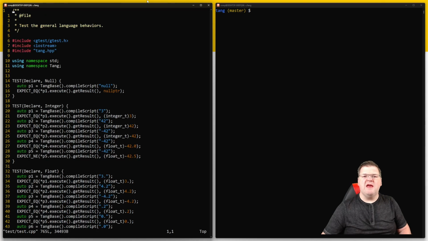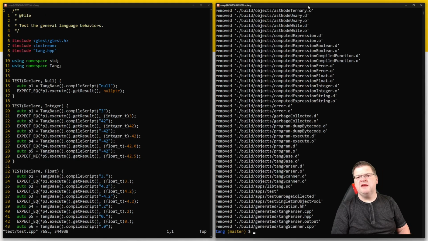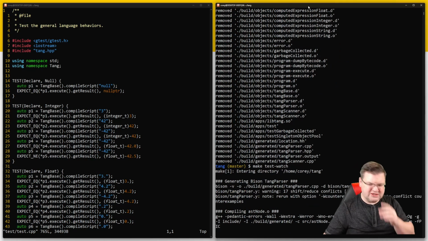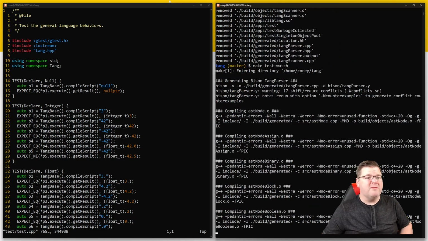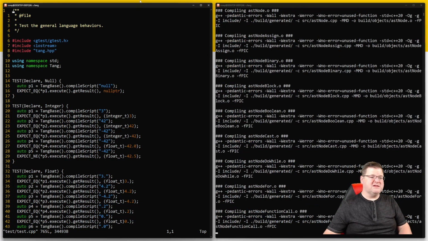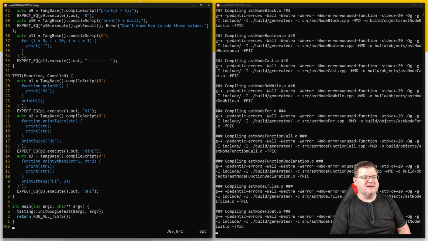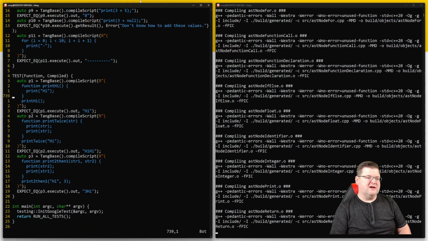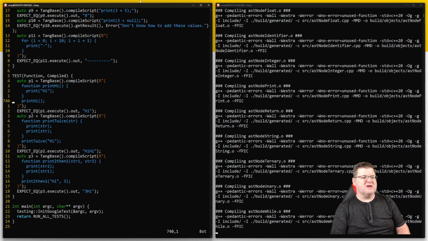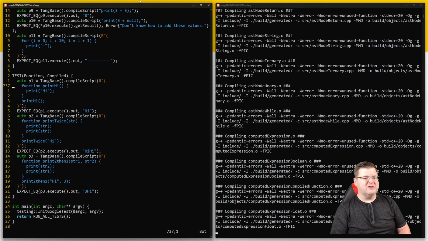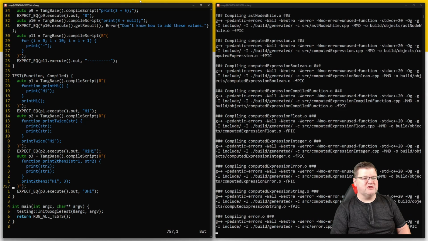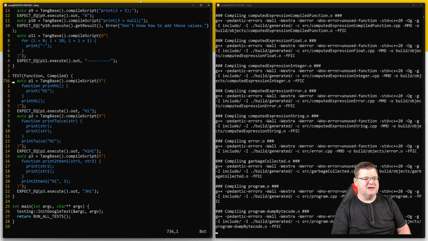Declaration.cpp. And on our right hand side, we will make clean, just to make sure that we're starting from scratch, and then make test watch so that it will recompile as it needs to. And let's see, if we go down to our functions, we can see here we've got our test with 0 arguments, 1 argument, 2 arguments, and